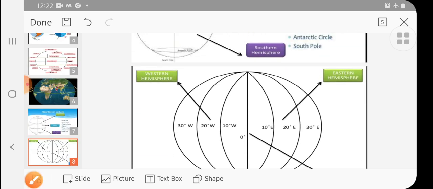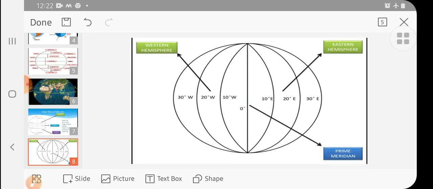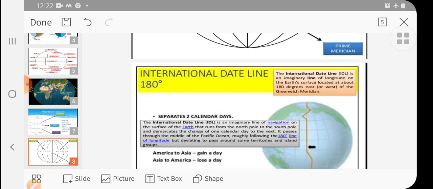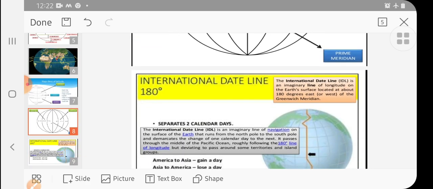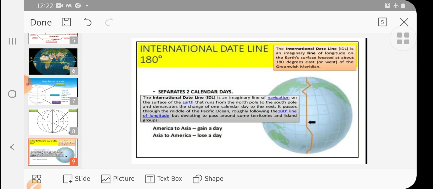Another, as I told you, the eastern hemisphere and western hemisphere, the 0 degree prime meridian, these are the main. Again, for better understanding, we have drawn this particular longitudinal globe. After that, the international date line, 180 degrees. If you know the grid of longitude and latitude, before understanding this particular diagram, let us proceed to what longitudes and latitudes are.